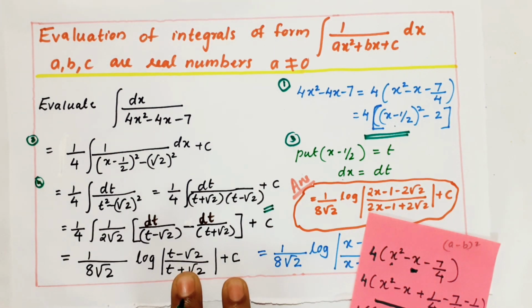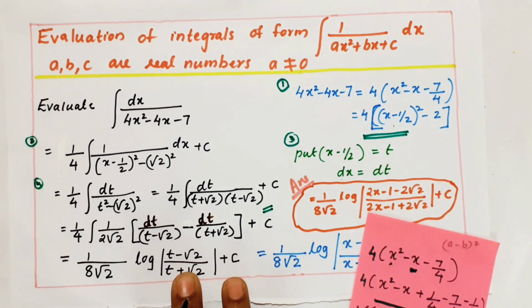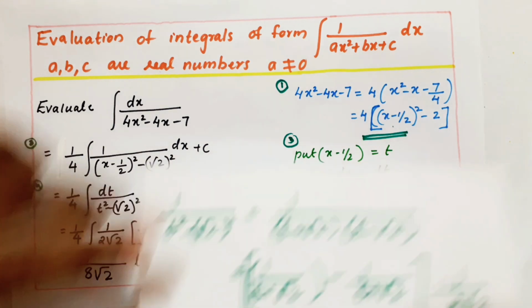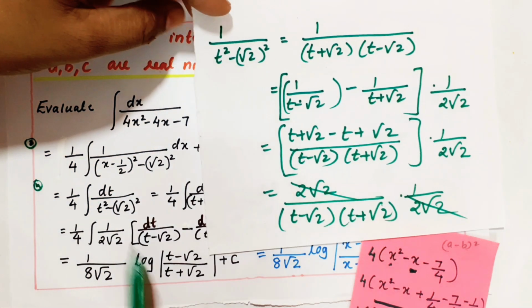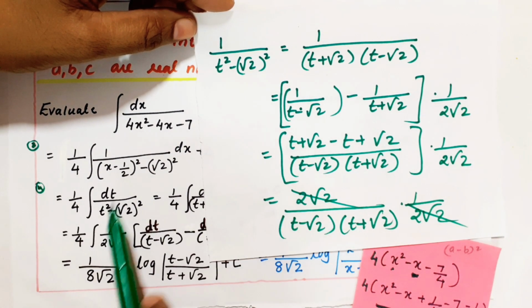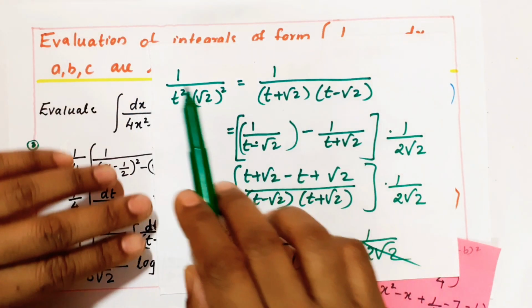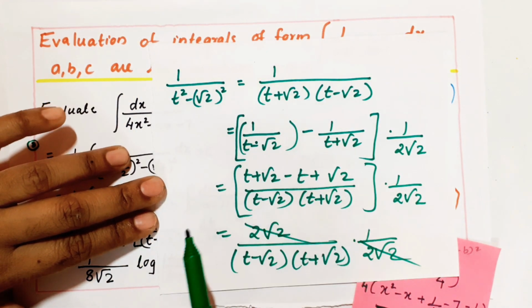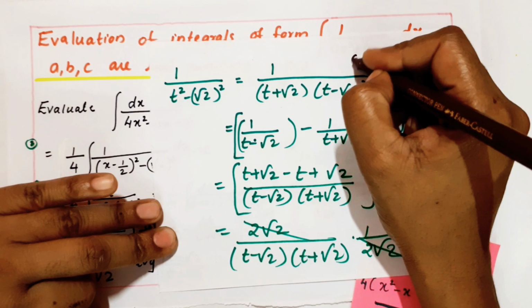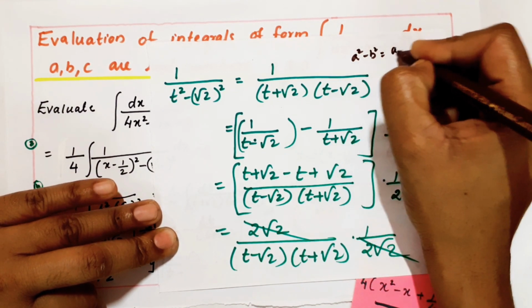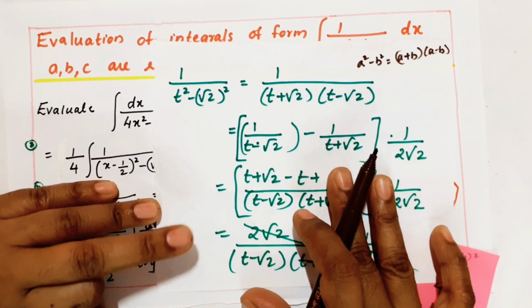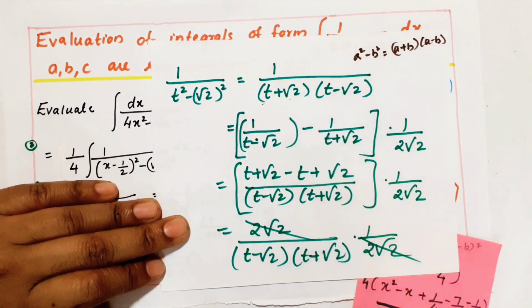Now, after this step, you have to do little more conversion here. It means the term what I am getting here, it is 1 by 4 this term. Okay, the term what I am getting here, did not put that symbol of integral and all. I am just writing the term, that is, you check it here, 1 by t square minus root 2 the whole square. I converted in the form of, what is the conversion term? We know that a square minus b square, we can write it as a plus b into a minus b. So a plus b means I can write t plus root 2 into t minus root 2.